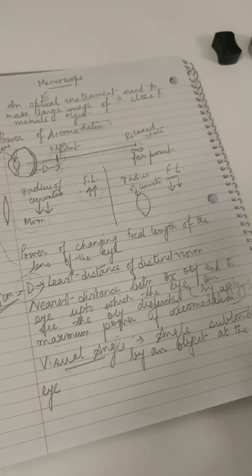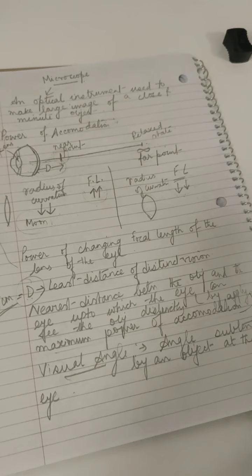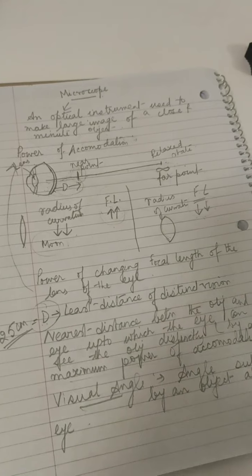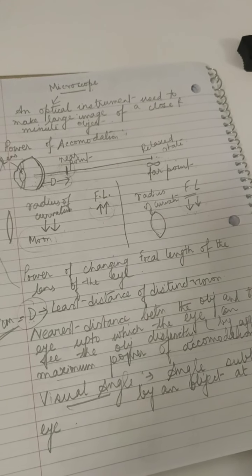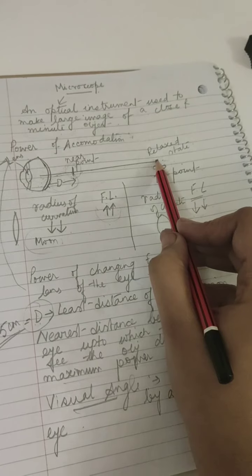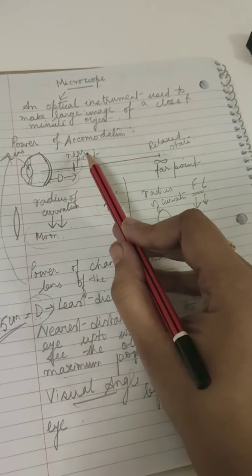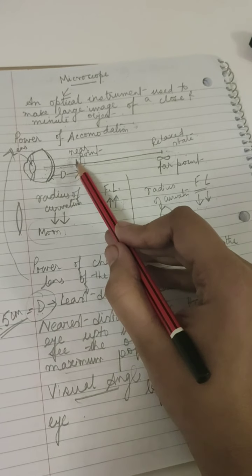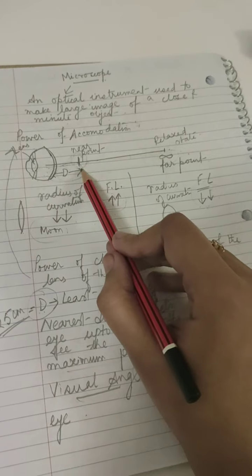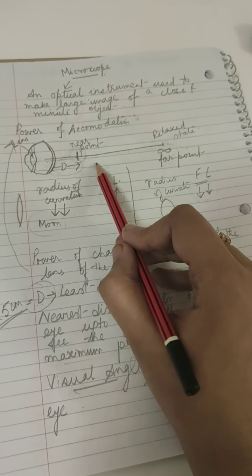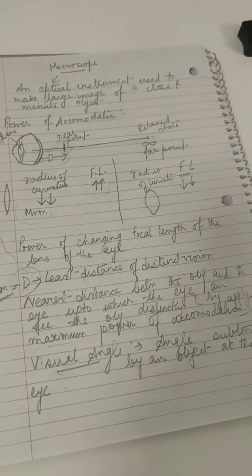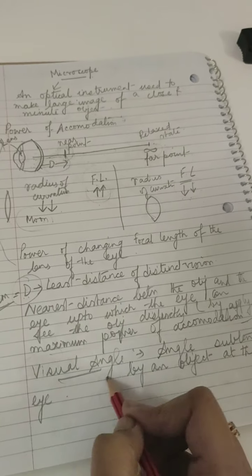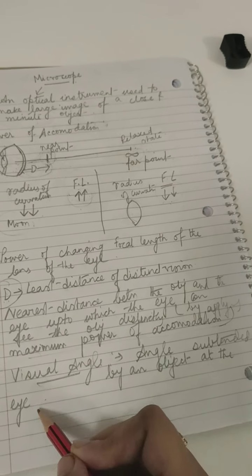Now, if I talk about the size of an object, is there any particular size of an object? Can you say the size of an object is this much, it is so big or so small? You cannot say that. Why? Because if the object is far away from you, it will appear smaller. If the object is nearer to you, it will appear bigger. So you cannot say that the object is too small or too big, it is a relative term. So if you have to talk about the size of an object, you have to talk about the angle the object is subtending at the eye.